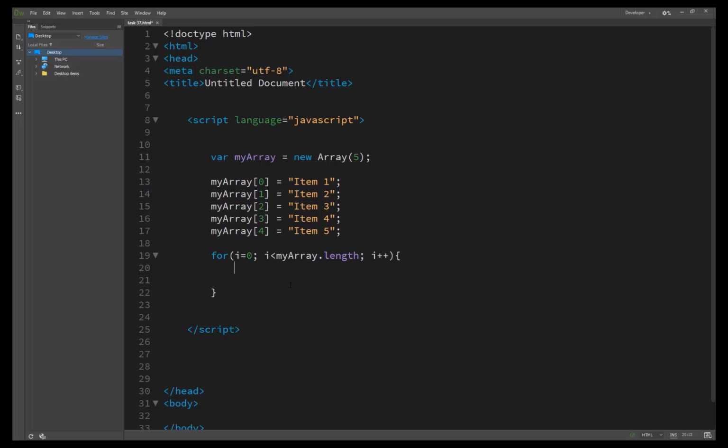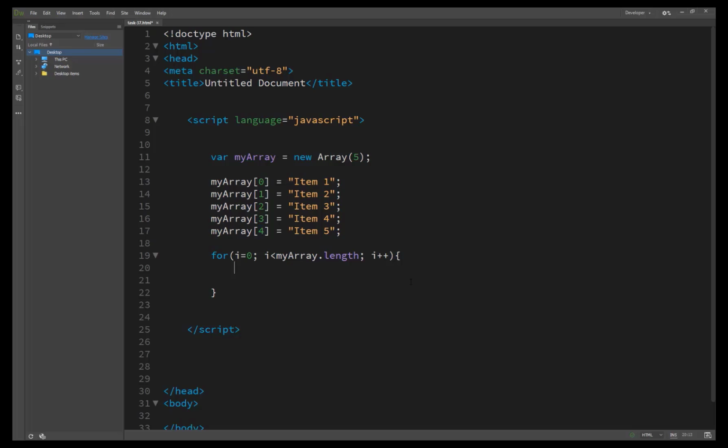So the length of the array, because if the length of the array is 5, then the last index is 4. As I told you, the last index is 4, so I just pass this length here with just the less than sign, not equal to.